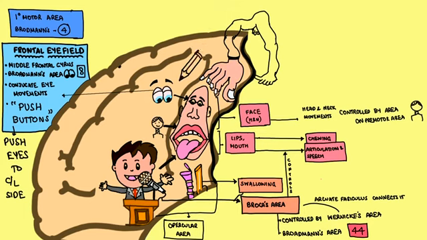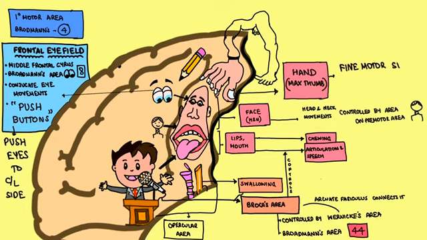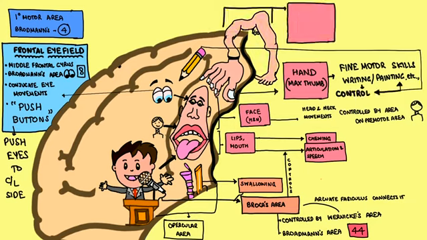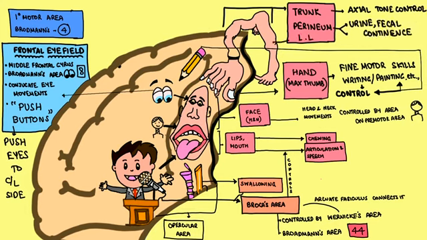Next are the great skills which are possessed only by humans, nothing but the fine motor skills. Hand, maximum representation is thumb, because fine motor skills like writing, painting, all these things can be done only by humans. So this also has a planning area in premotor cortex. Next is the minimum representation for the trunk, shoulder and buttock muscles, axial muscles. Okay. Next, perineum, responsible for urinary as well as fecal continence.